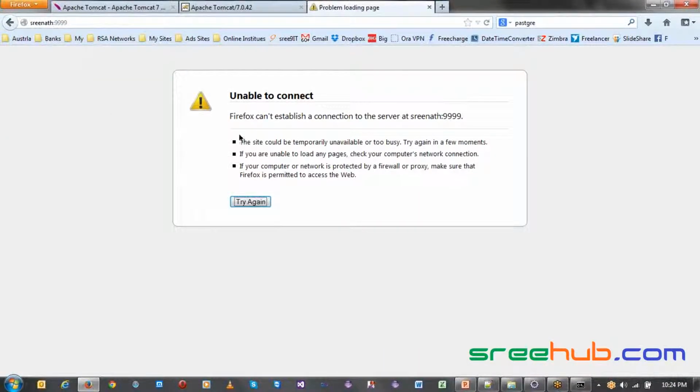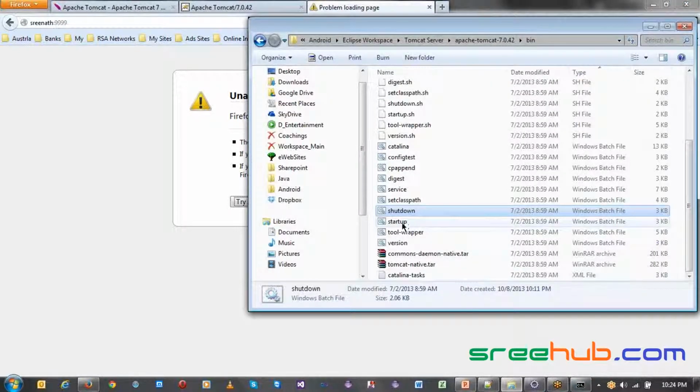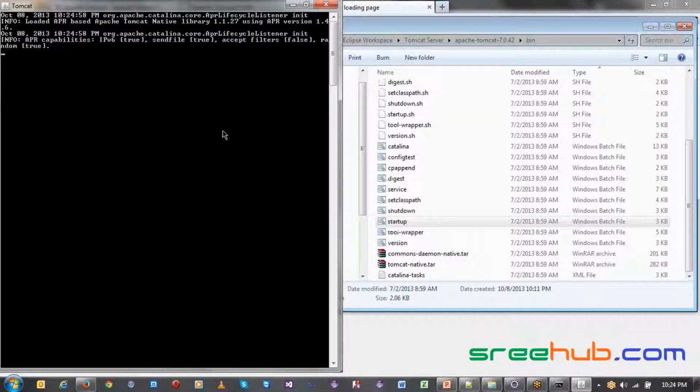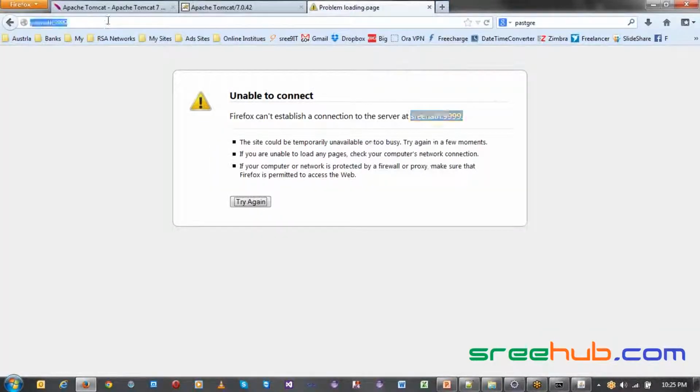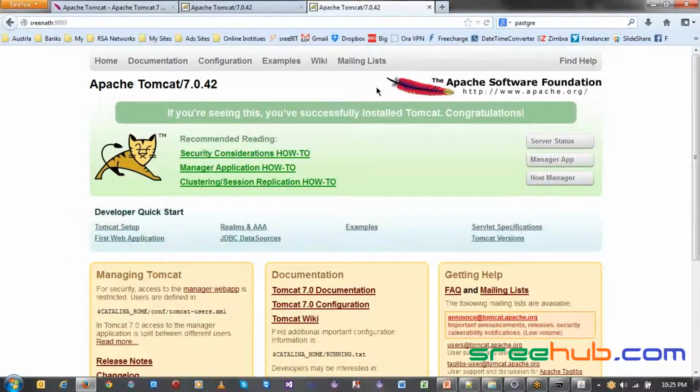Now you can see it says cannot connect to the server, which means my server is down. So now let me restart the server, which means start up the server again. My server will start, server startup in so many milliseconds. Let me go and refresh it again.